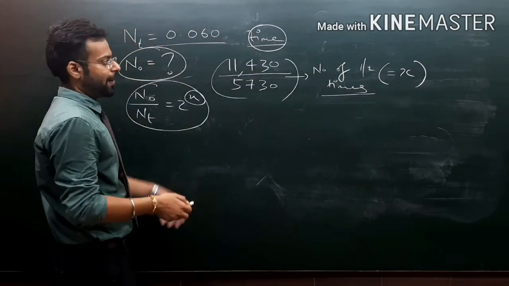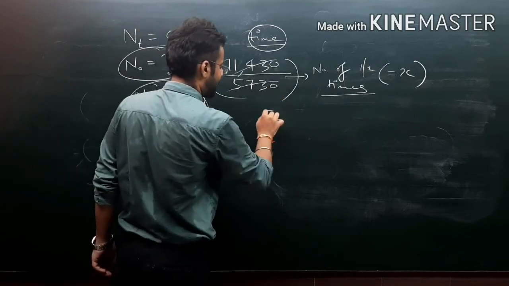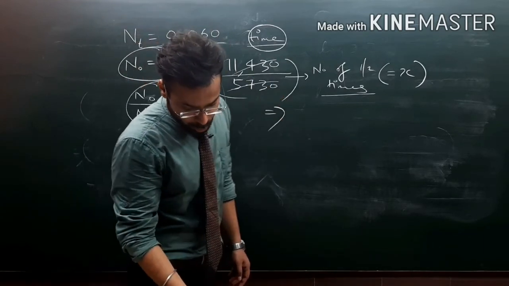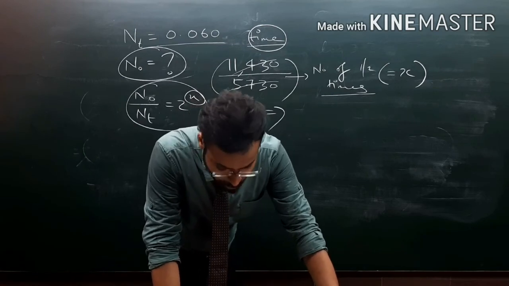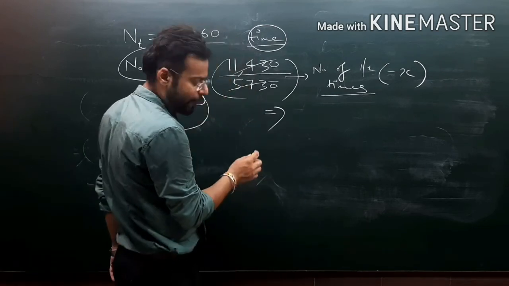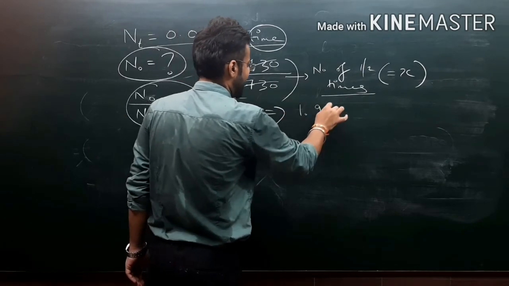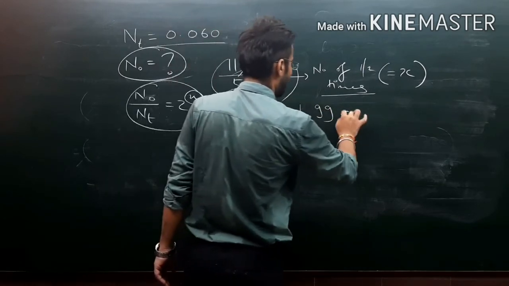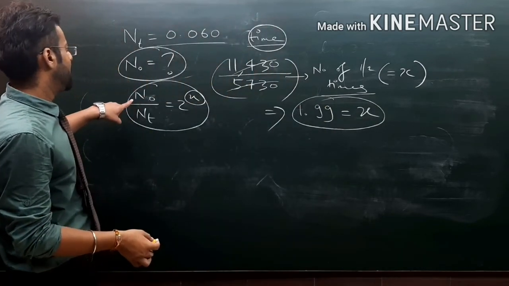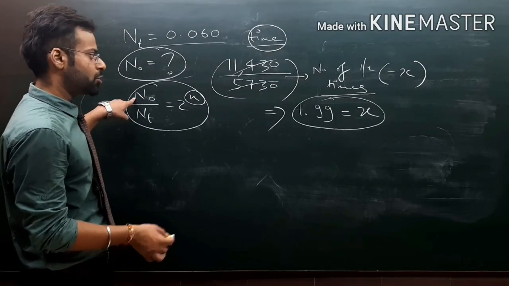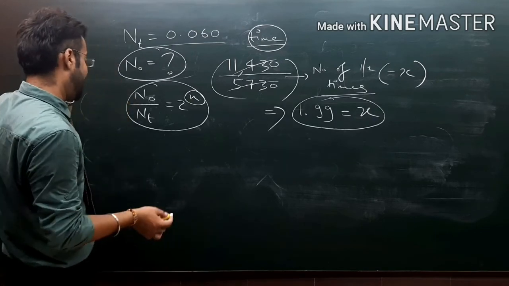And how many half times have passed? When we calculate 11430 divided by 5730, it approximately comes to be 1.99. So this is the value of x. So we have got our x. We have our Nt. We need to calculate N0. So putting everything in the formula, we have